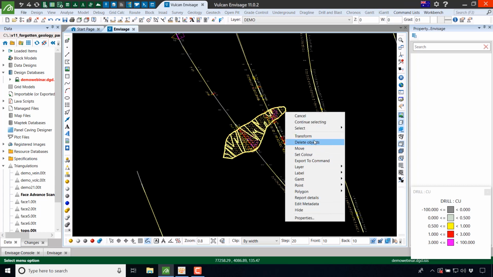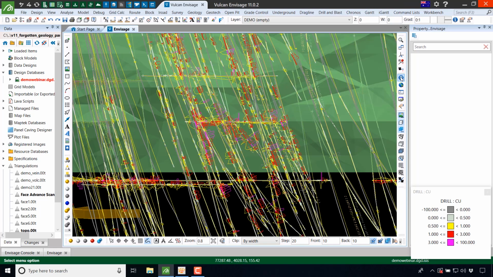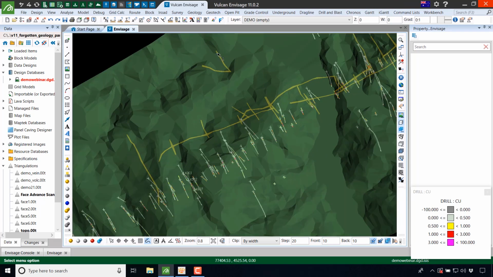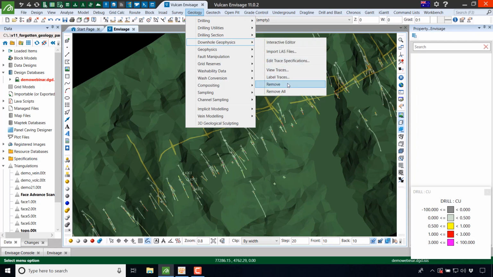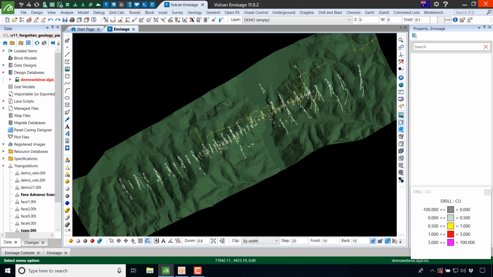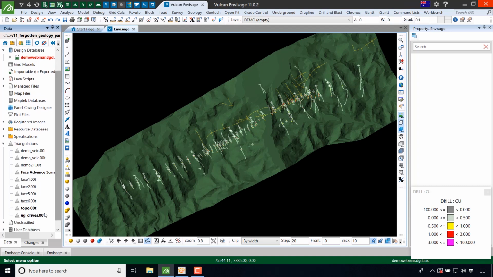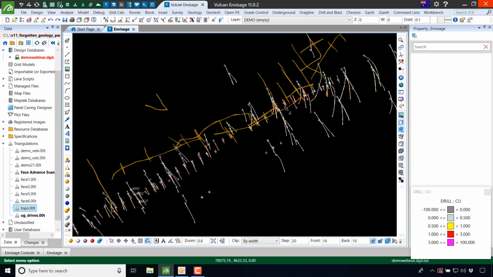Okay, so we'll just delete that object, go back into our plan view now, and just remove our geophysical traces. Okay, and I'll just remove our topography as well. So that's using a couple of different options there to demonstrate some capabilities within your drill holes themselves,